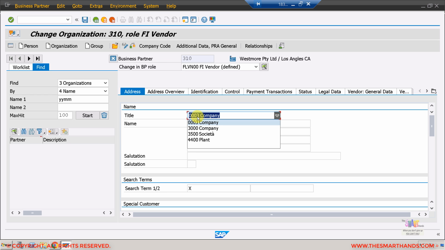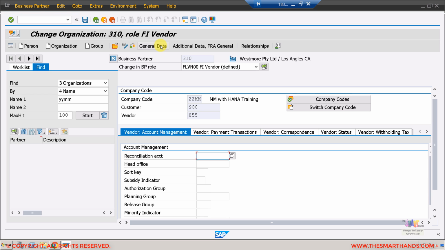Okay, so the BP number is 900, the customer number is 900, and the vendor number is 855. So if I try to open, say /n or /o, XK01, and I try to open the vendor 855. If I open XK01,